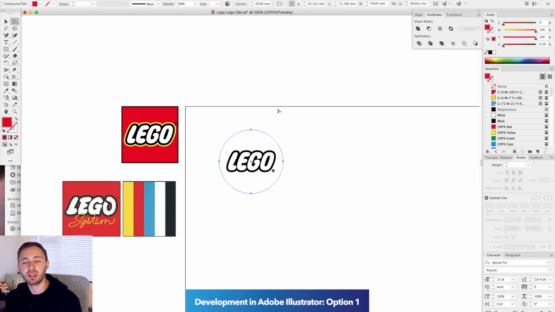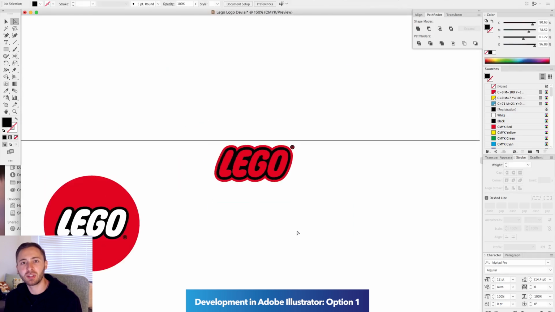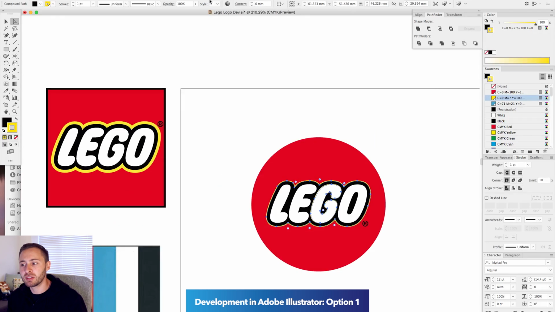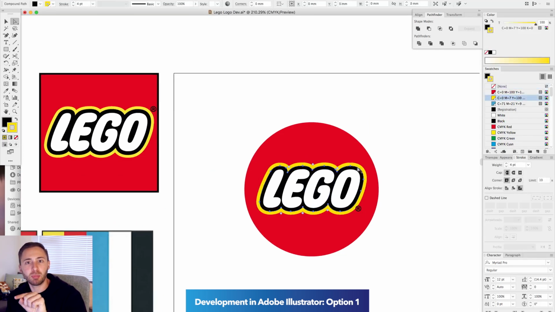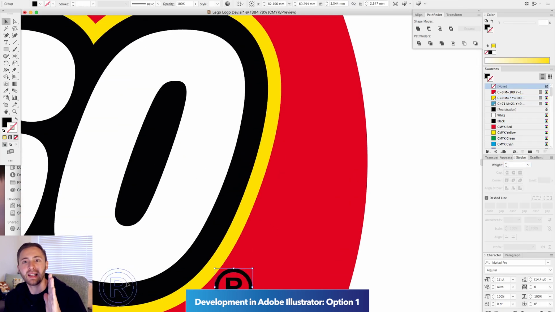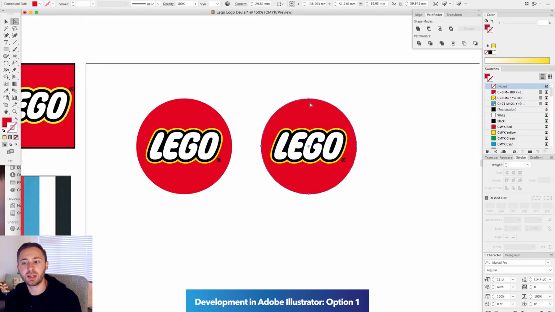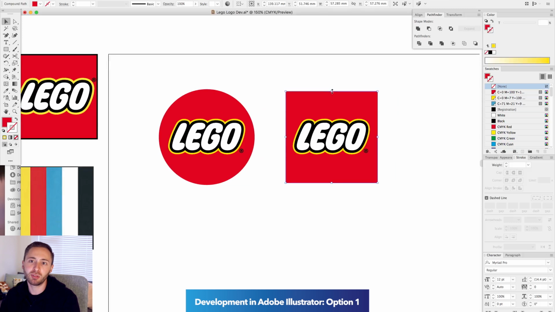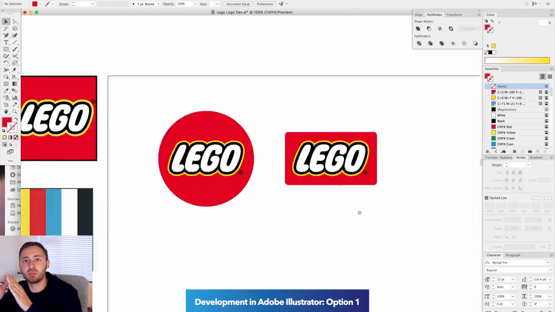And also I just don't really like it when red and black are touching. It gives me that vibrating visual effect, which I've spoken about in previous videos. I also decided to move the registered mark from the top right of the text and put it down into this dead zone in the bottom right of the shape of the O. Because the Lego text is slanted or italic, there's just this little dead zone down in the bottom right, so I thought that's the perfect place for the registered mark, and it removes the problem of having it top right, which gives a visual stress against the edge of the box and the edge of the